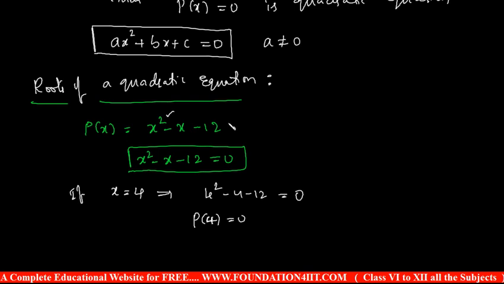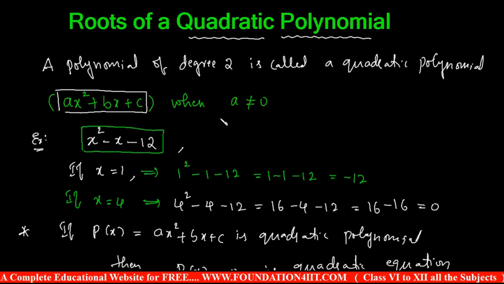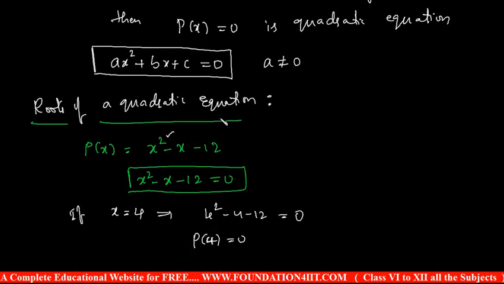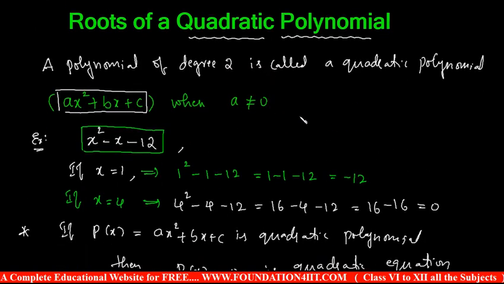If any quadratic equation is given, how to find out the roots? We have the methods, so next I'll explain. This is only the meaning of the roots: if you substitute the value, then it becomes 0, and that is one of the roots. So how to find out the roots of this quadratic equation? By using the factorization method and by using the formula. So you can use the factorization method, you can use the formula also. Those all we'll discuss now. First we will see how to find out the solution set, finding the roots of any quadratic equation by the factorization method. I will explain now.